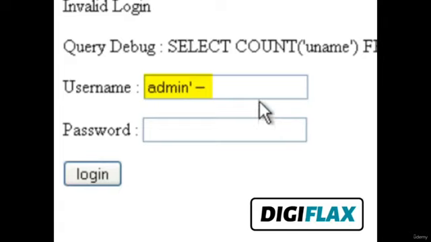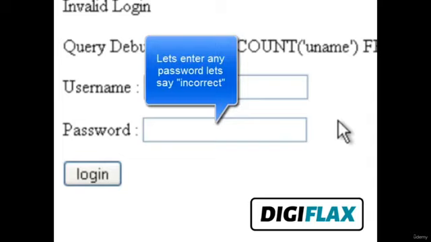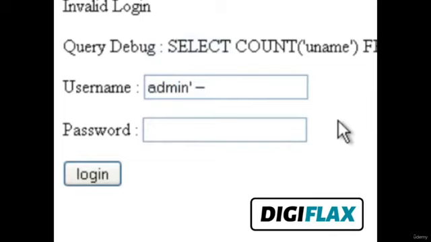What this does is very interesting, which we will cover in just a few minutes. For now, just remember that we have written our correct username, quote, space, 2 hyphens and space. And in place of the password, we can write any password.